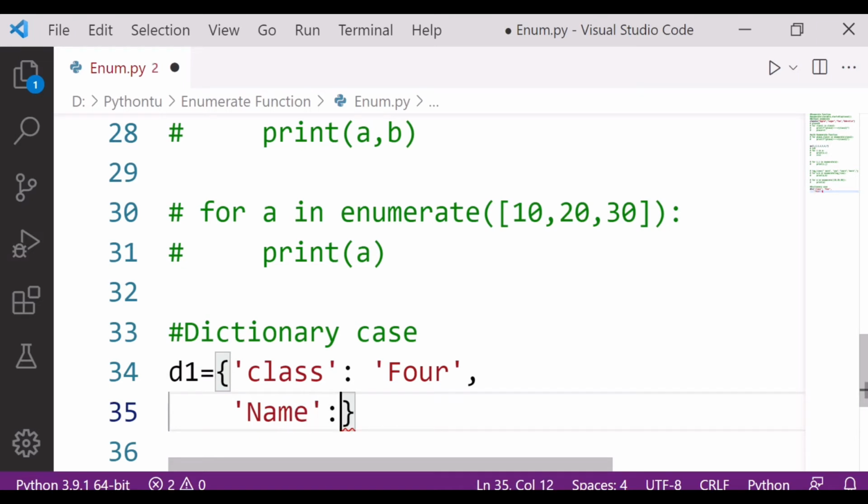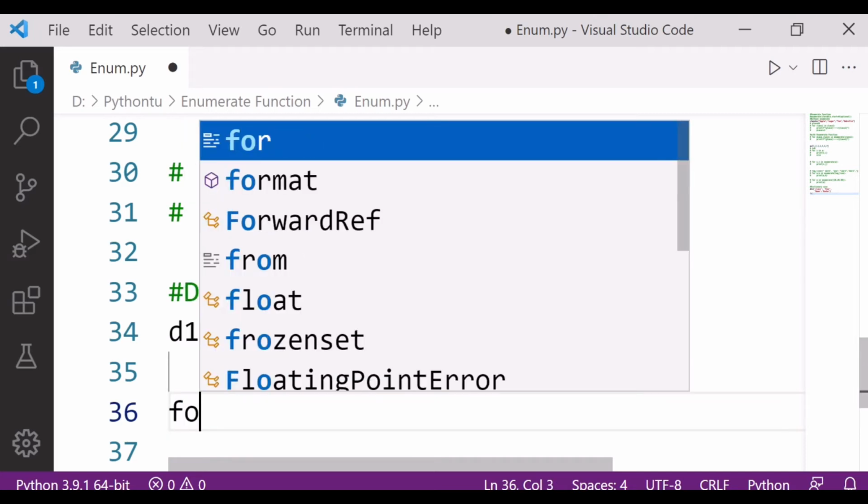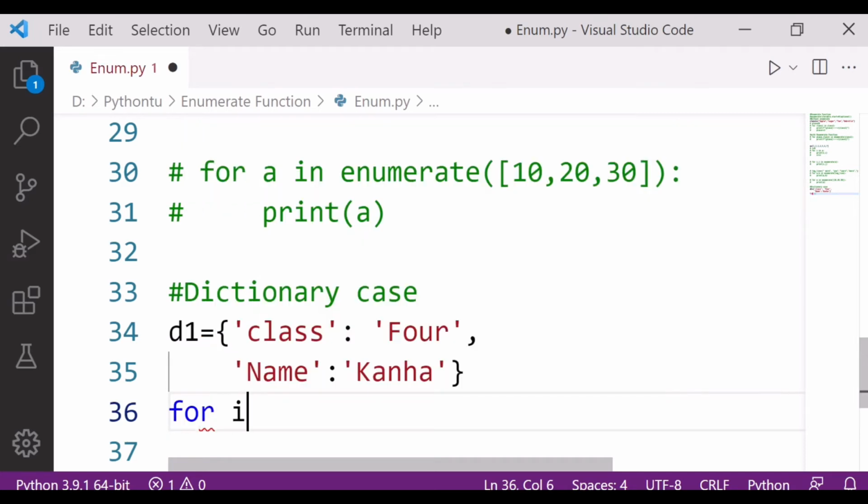Colon, what would be the name? So just suppose I'm writing here Kanha. Okay, fine. So this is my first dictionary that I have defined over here. Now what I'll do, look here, if I write here for i